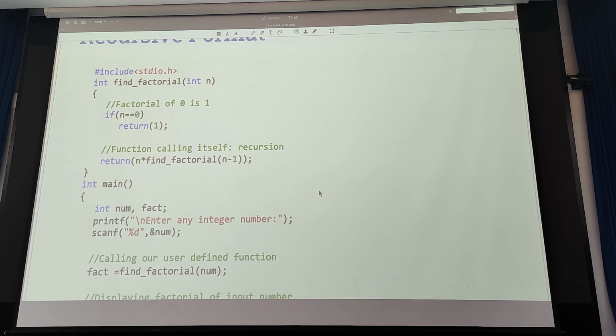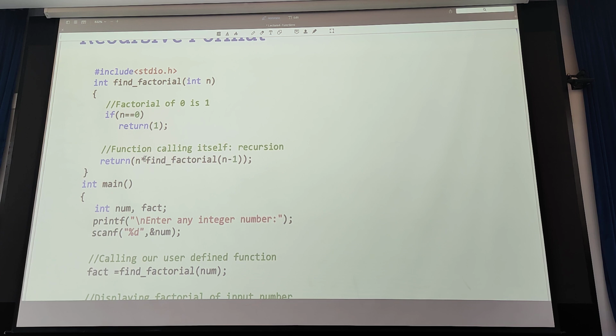And in order to compute the factorial of n, this function will compute like this. If n is bigger than 0 and 1, it will compute the multiplication of this n by the factorial of n minus 1.